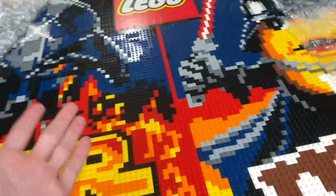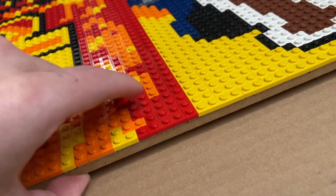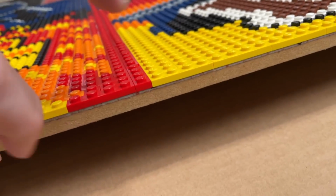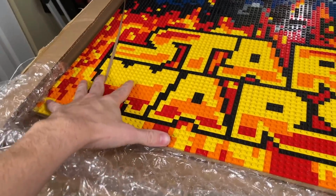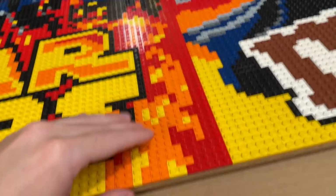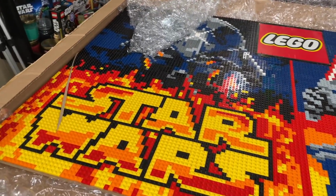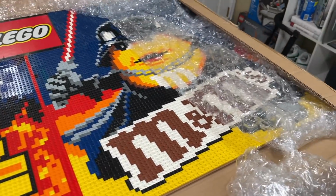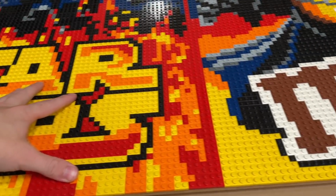So to not have the official version, it is kind of glued onto wood as well, and it's on base plates. So I believe what it is it's on 3x2, so 6 total, gray 48 by 48 base plates, and then it's all glued down to this wood board underneath, which is gonna make it actually possible for me to like hang it or something, do something with it. Maybe I'll just be able to lean it up against the wall or something. I'm not really sure exactly how I'm gonna display this in the future,